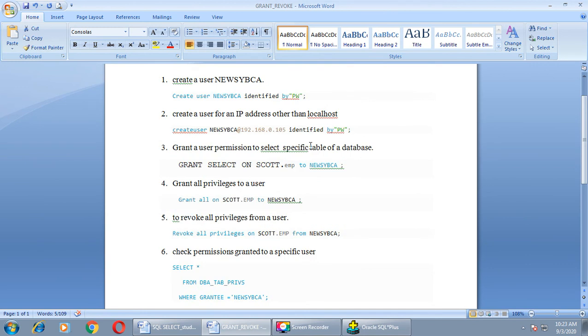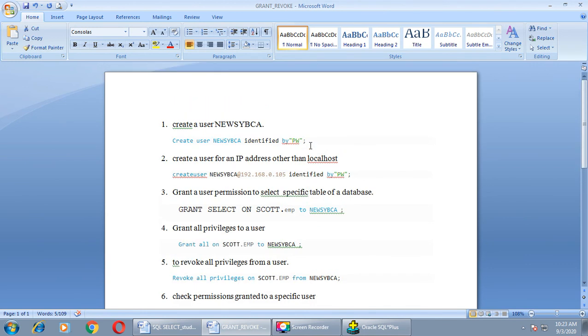Same way you can create as many users as you want as per your desire, and you can even grant a permission to that particular user as per your requirement, right? So here we can restrict the privileges that we want to give to a particular user. Fine. So this is all about